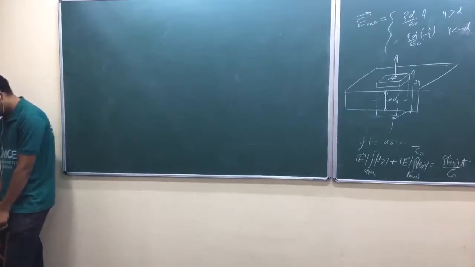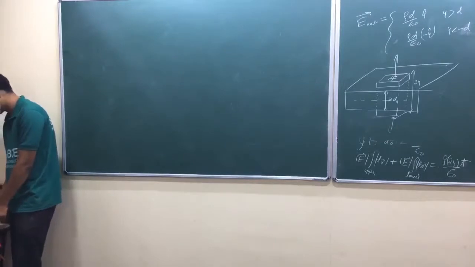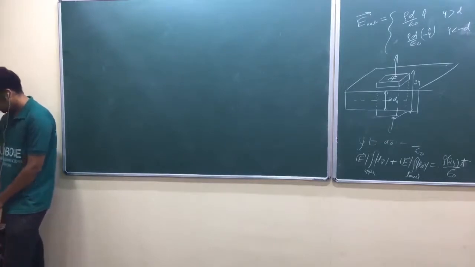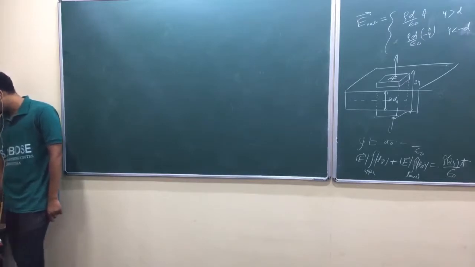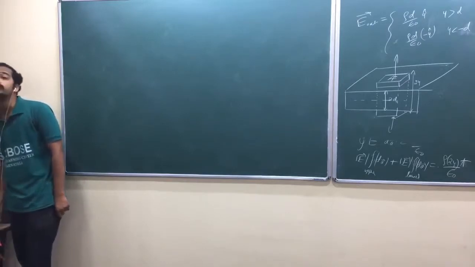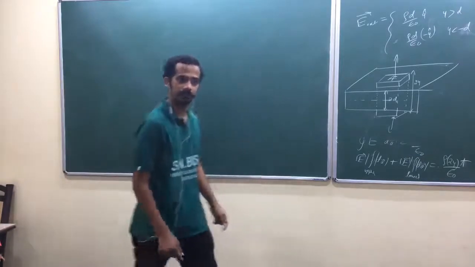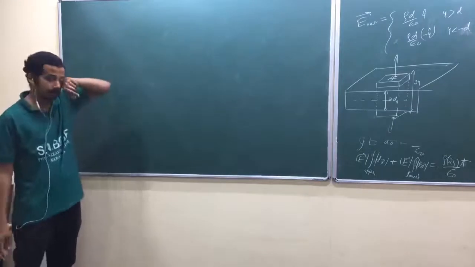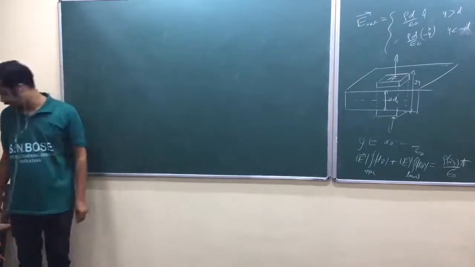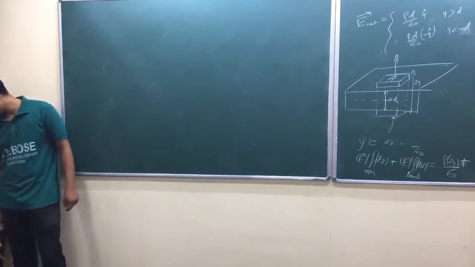Two infinitely long wires running parallel to the x-axis carry uniform charge density plus lambda and minus lambda. Find the potential at any point x, y, z using the origin as your reference point. He said take the origin, because that's an infinite charge distribution, am I right? You can't take infinity as the reference point. He said take the origin as a reference point and proceed with that.